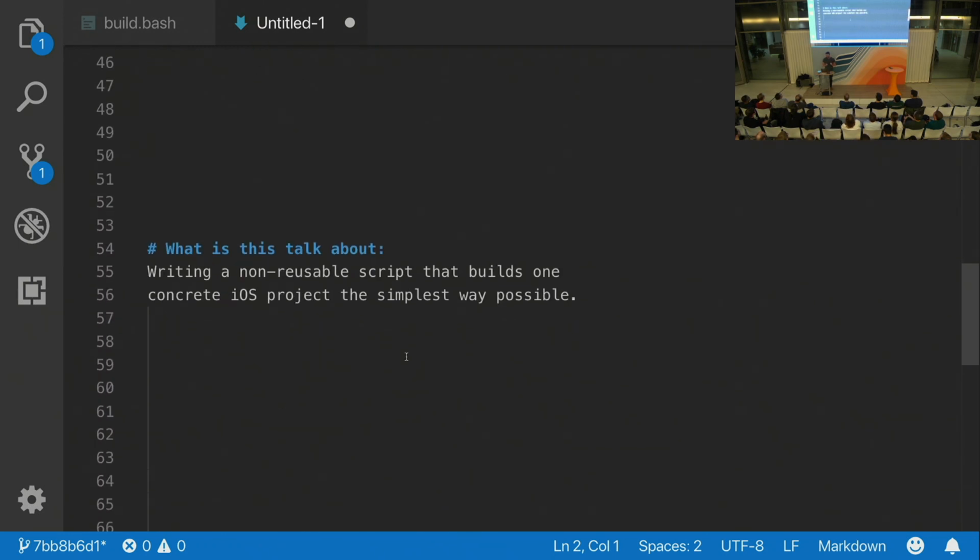This talk is about how to write a simple, non-reusable bash script that builds just one concrete iOS app the simplest way possible. So we will basically take an app and we will build it manually without Xcode. And that's it. That's all my slides. And the rest,